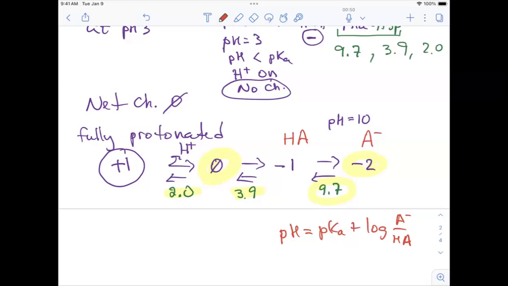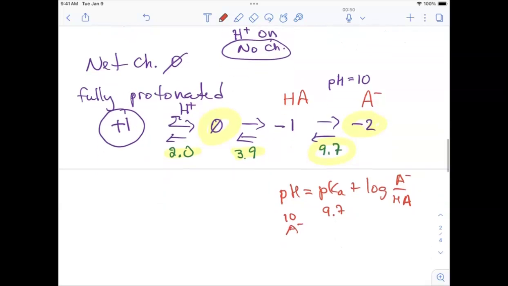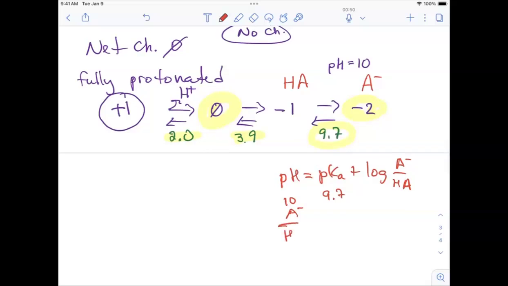And just plug in: if pH is 10 and this is 9.7, then the ratio A minus over HA is going to be 10 raised to the power of 10 minus 9.7. Okay? And so you can figure that out. All right, hopefully